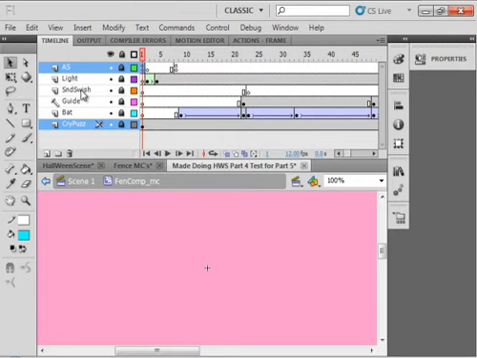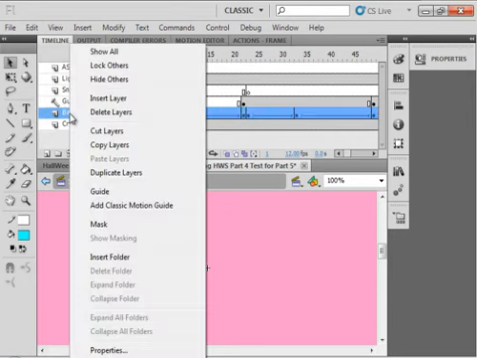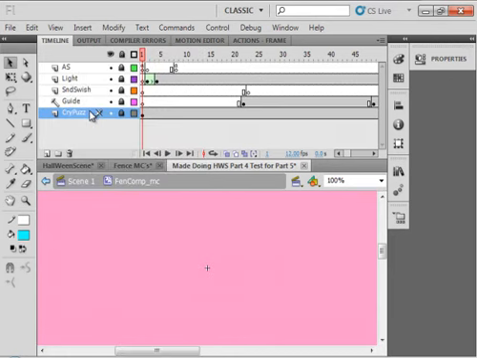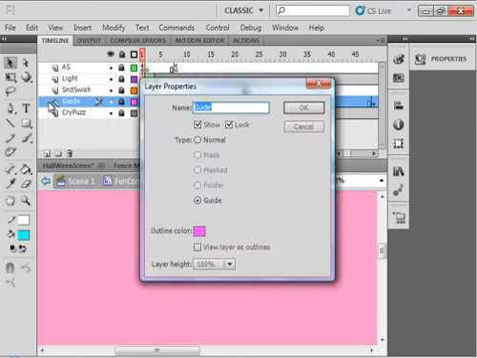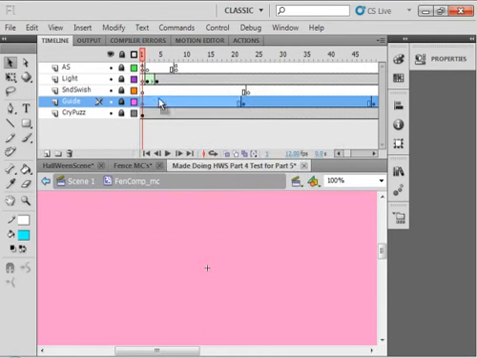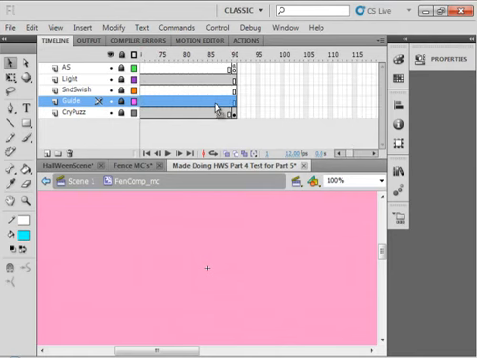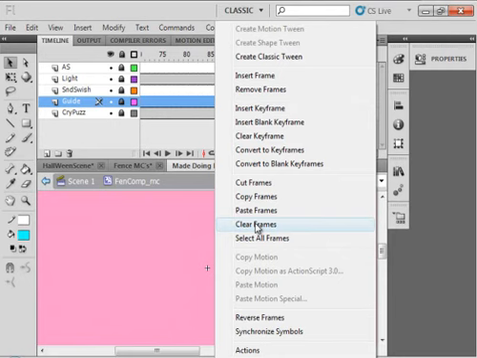You can keep the sound one here, because eventually we're going to have a sound. You can keep this guide layer named guide, but delete this layer called bats, because we don't want the bats here. And let's, at this point in time, double click on it, make it a normal layer for now, and it's highlighted for me. If it's not highlighted, highlight it, right click, clear all the frames in it,